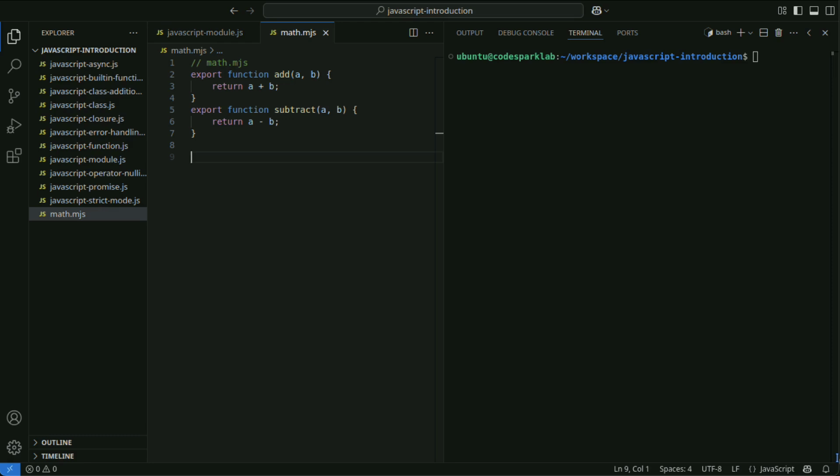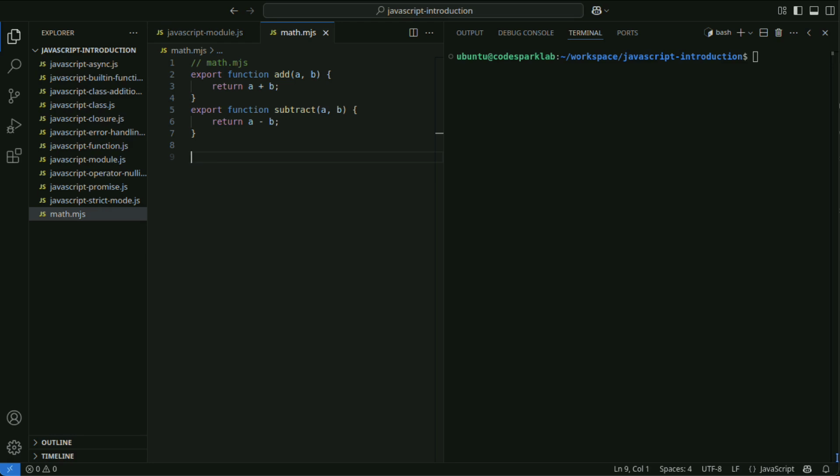These functions can be imported from other modules. Here, .mjs is a file extension that explicitly indicates an ES modules format JavaScript file. In Node.js, the file extension determines whether it is CommonJS or ES modules. However, if type module is specified in package.json, files with the JS extension are treated as ES modules by default.